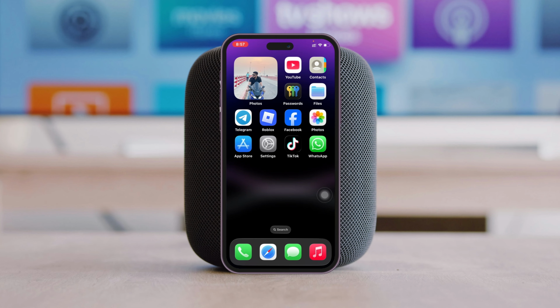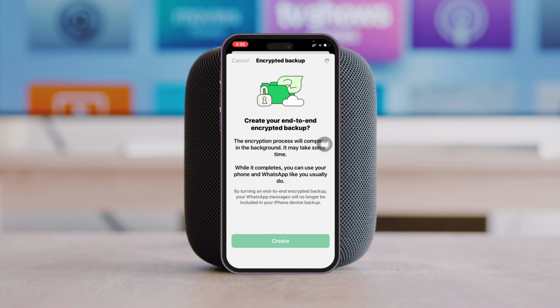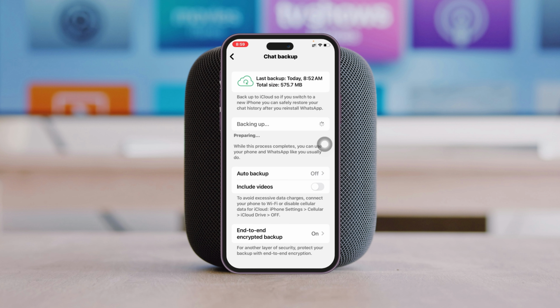In this video, I'll show you how to enable WhatsApp into an encrypted backup on iPhone. So if you want to secure your WhatsApp chat like a pro, then here's a real guide of how you